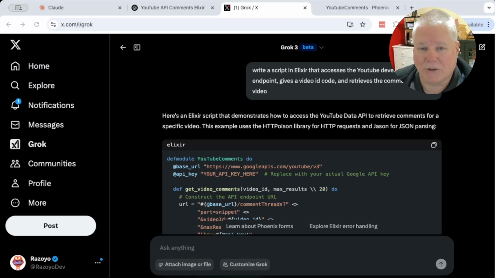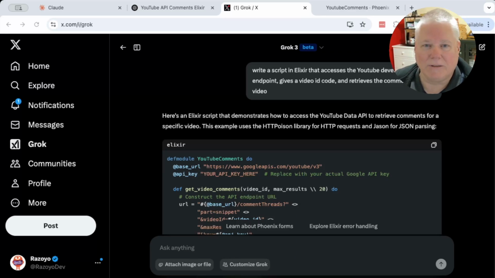My main concern is with building digital products and what we should use LLMs for, if anything, in those products. And so testing their capabilities is kind of critical to my company, Razoyo. So I took a look at this one today because so many claims were made about it and how good it was. And really, for me, what it comes down to is, is it good at writing code, and can I tie into it via an API and use its features? So let's take a look at this.